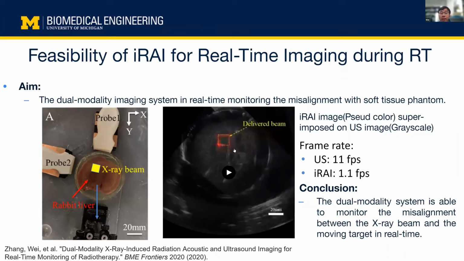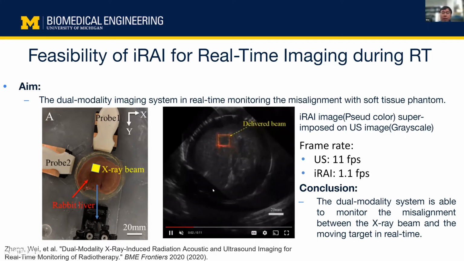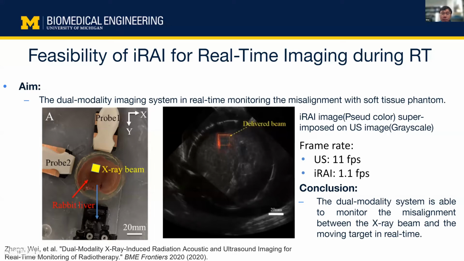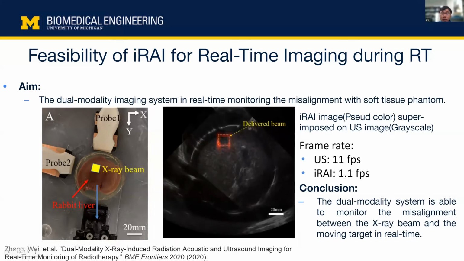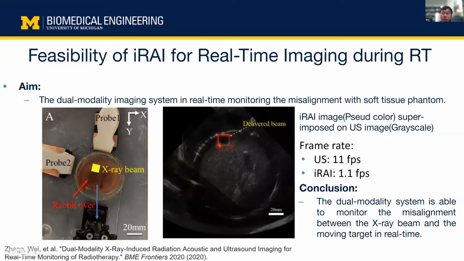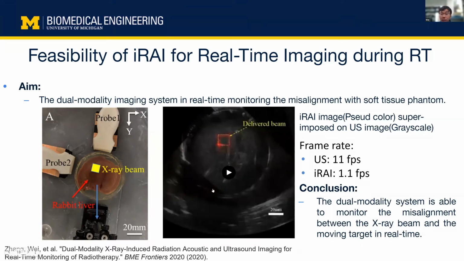So with this dual modality system, we first perform a study to demonstrate its feasibility in real-time monitoring of the misalignment with the soft tissue phantom. A rapid lever was used here. We have 2 transducers directly facing the target. And then according to the image, you can see that the rapid lever was moved by a motor around the blue array. And with the movie, you can see that the radiation delivery can be directly seen with the iRAI